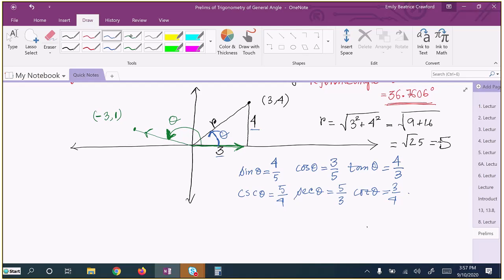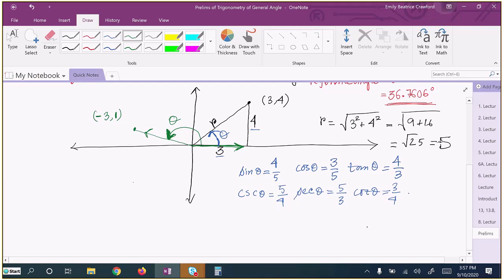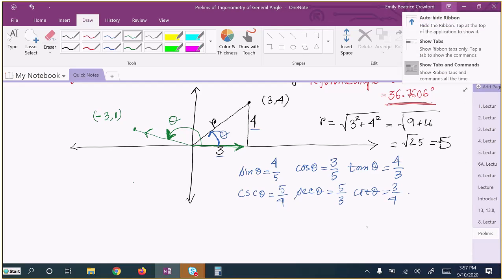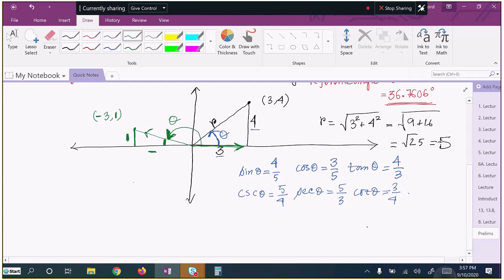So we are going to go ahead and from the point, we will drop a perpendicular line on the x-axis. And we are going to say this is our reference angle. And when we are working it out, we're going to say that the height of this triangle is 1 unit and the base is negative 3 units. So if I'm trying to find out the trigonometric ratios, I have to say now